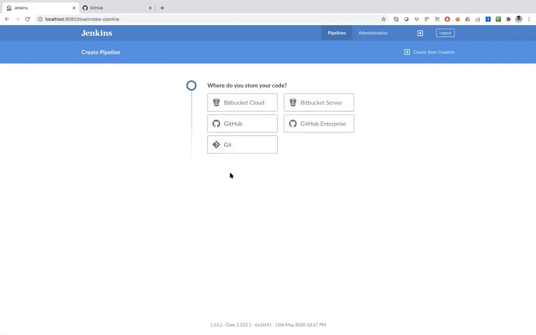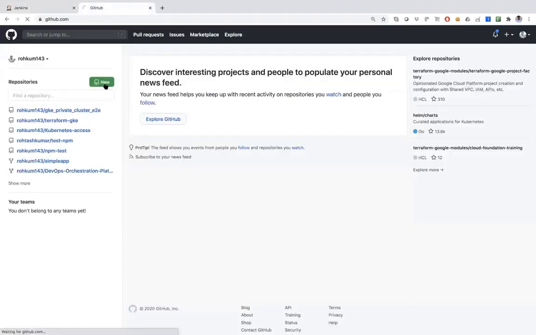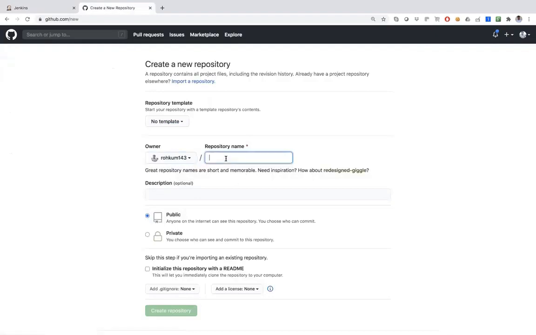Now I have the option to create your declarative pipeline skeleton in these options. It will create the GitHub kind of job, GitHub Enterprise. I have GitHub here, so I'm going to create an empty repository. I'm just naming it Jenkins demo. I make it public, I don't have any issue making it public.